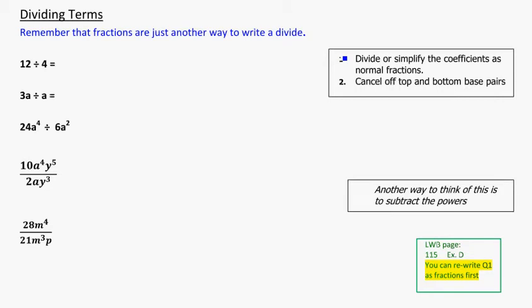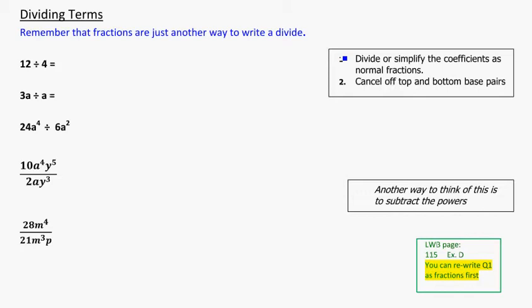Dividing terms. So we've looked at adding and subtracting like terms, and remember that only happens if they're like terms. We've looked at multiplying terms, doesn't matter if they're like or not. And now we're going to look at dividing terms. I want you to remember always when you see dividing and when you see fractions that they're just another way